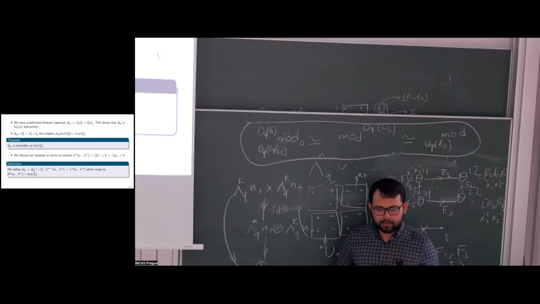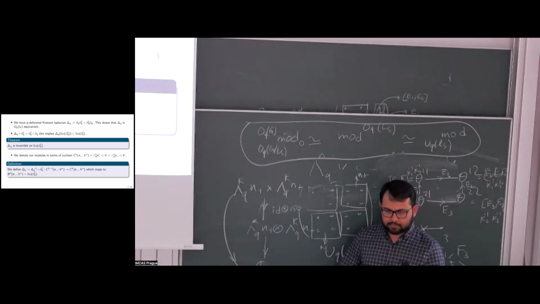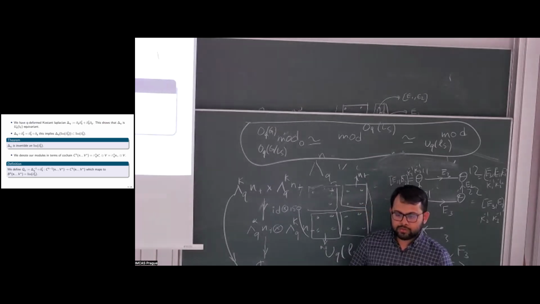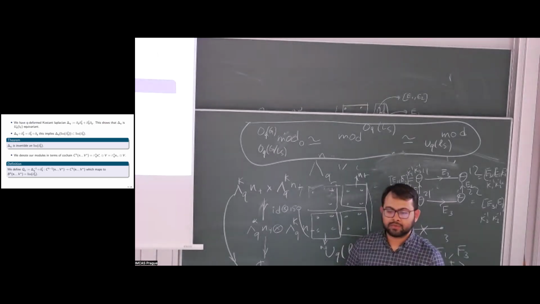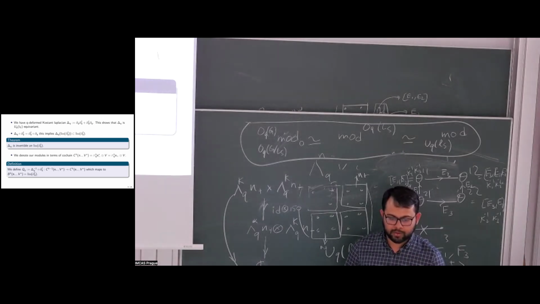So here we need the Laplacian to get something, which I will tell in a few moments. So del q is the q-deformed Kostant Laplacian, and because this Kostant differential and its adjoint are UQL equivariant, in principle the Kostant Laplacian has to be UQL equivariant. And one can do some simple computation to find the second point, which tells you